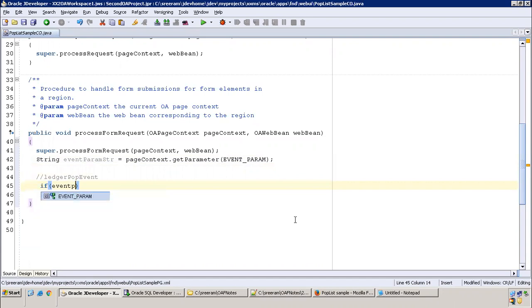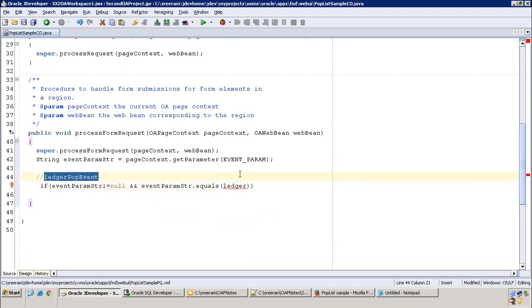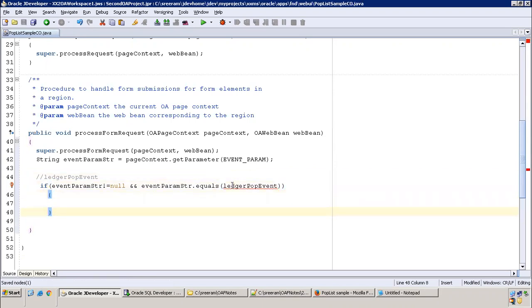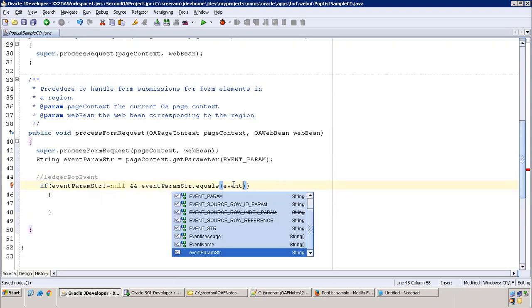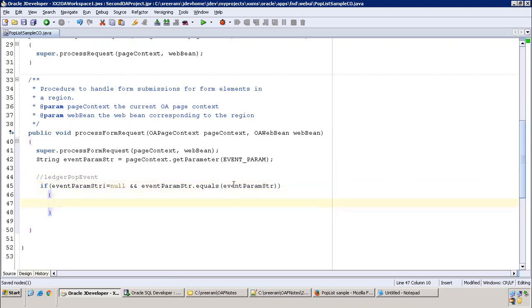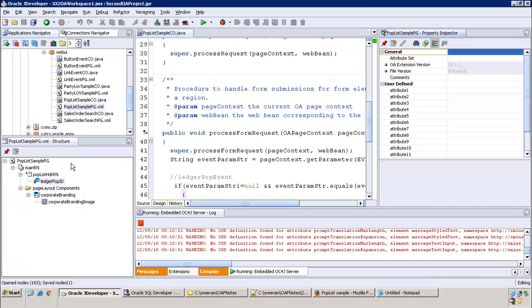And if event param is not equal to null, and if event param str dot equals ledger pop event. Oops, this is the name, right? Event param str. Yeah, so this means that whenever the event is raised, it will come into this if block. That is fine, but how do we get the value? That's the next concept.